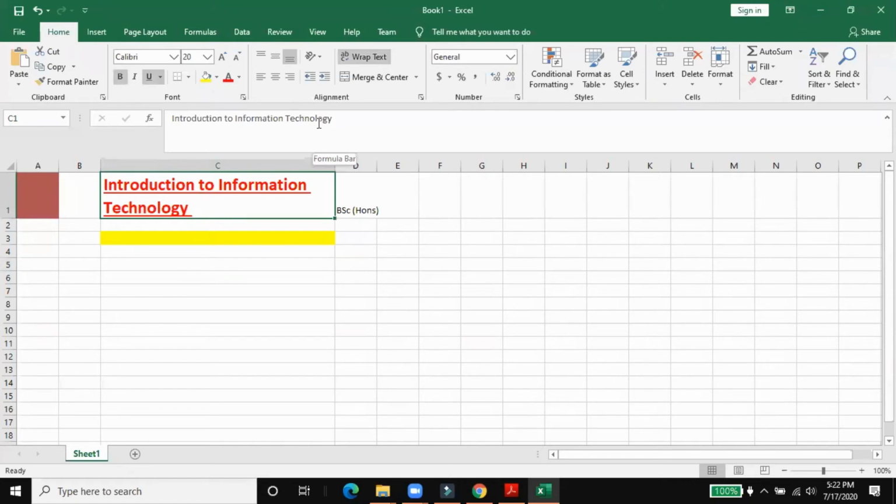And go to the next box, that is Alignment. In Alignment, there are different types of options. For example, Align Left. If you want to write the text aligned from the left side, you can select it there. In English we write from left to right, and Urdu is written from right to left. But in English, we write from the left to the right side. So in this scenario, we select left to right.